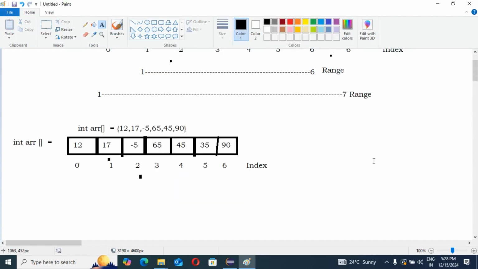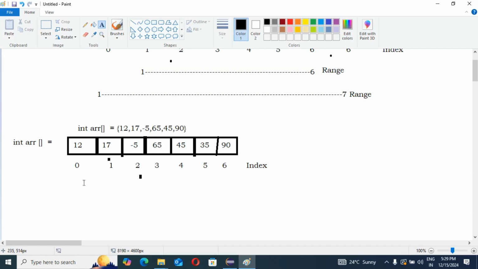In this array you first need to find the minimum element. Which is the minimum element? You can see -5 is the minimum element. So what logic do you need to write to find it? I am going to compare.